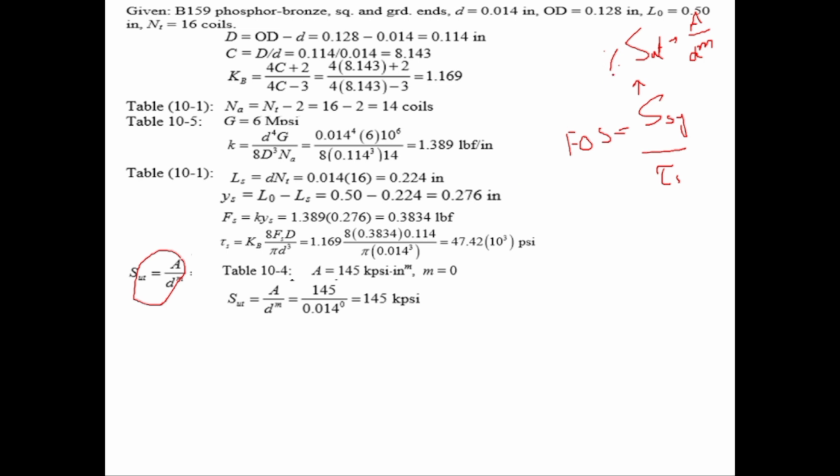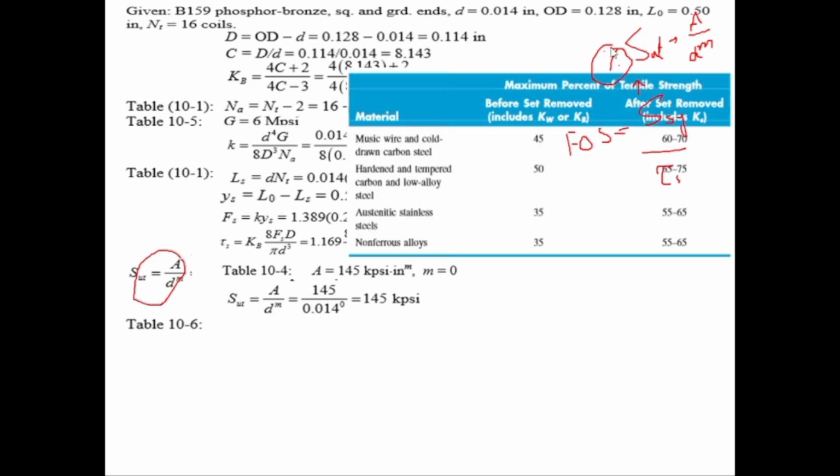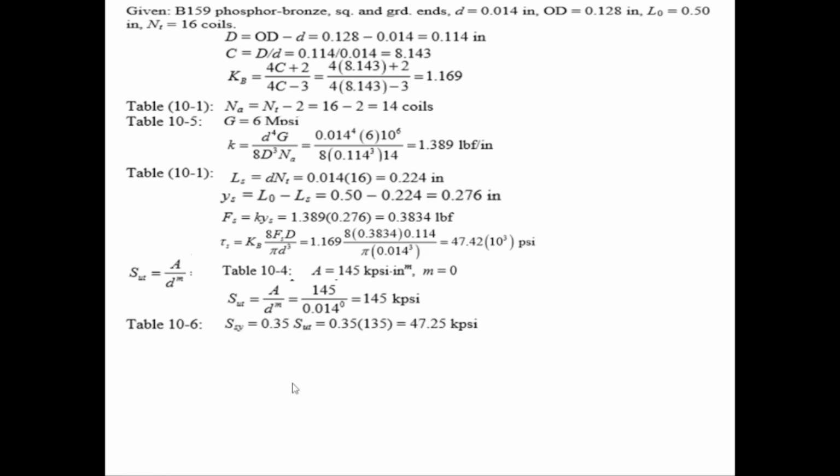Now, as Ssy is equal to some percentage of Sut, this percentage can be found from table 10.6. Since phosphor bronze is a non-ferrous alloy, for non-ferrous alloy this percentage is 35 percent before set removal. So multiply this 145 with 0.35, it will give you Ssy equal to 47.25 kilo psi. If you see, this Ssy is less than